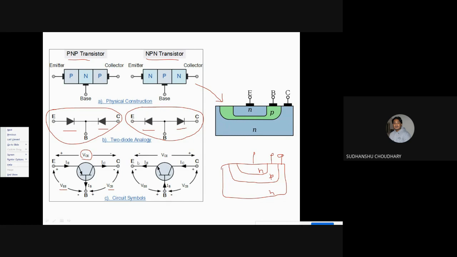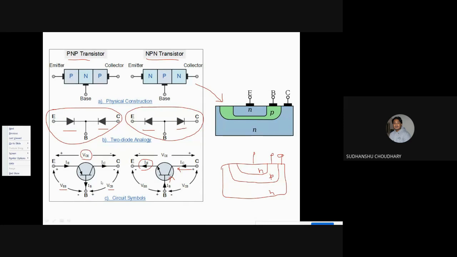Now the direction of the current should also be noticed. For an NPN transistor, collector current comes into the collector. Base current is also coming into the base. These two currents, IC and IB, combine, and then you have IE, which is going away from the emitter terminal. Right. So IE is equal to IC plus IB.